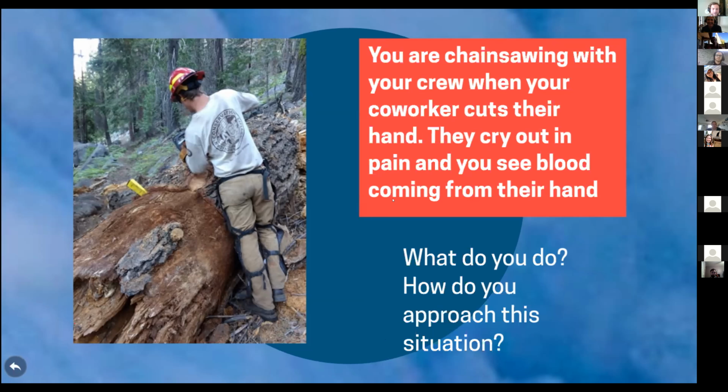Okie doke. We have any thoughts out there? What are y'all gonna do? 2 miles from the trailhead, your buddy has just cut their hand and now they're actively bleeding. Scene size up. Make sure that chainsaw is still off, or if it's still on, cut it off. Love it. Also, grab some gloves. I want to make sure that they weren't in the middle of felling operations. Yeah. That the environment is stable around the person.